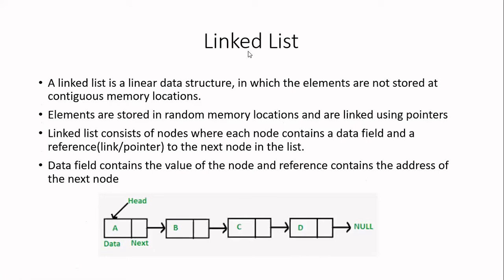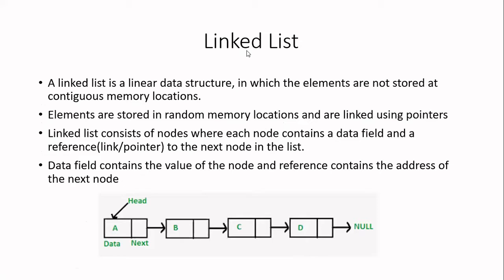So, what is a linked list? You should first understand what a linked list is, and why it is called a linked list. You can imagine a linked list like the compartments in a train. When you take a train, there are so many compartments, and every compartment is connected to the next compartment by means of one chain or one link. So that is an example of a linked list.